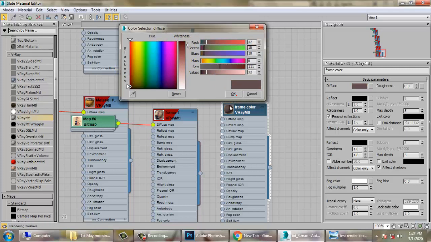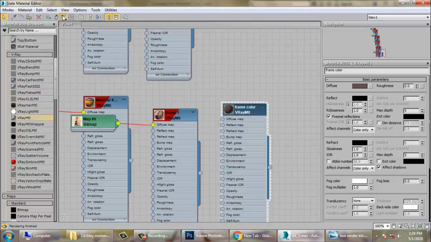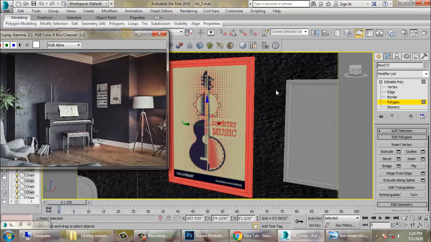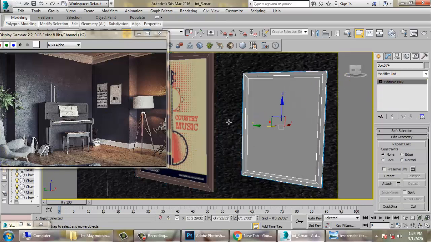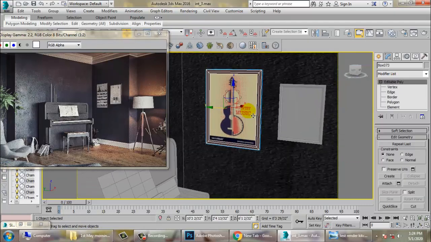So just assign a color to the frame over here. Now, same thing, we are going to select this.